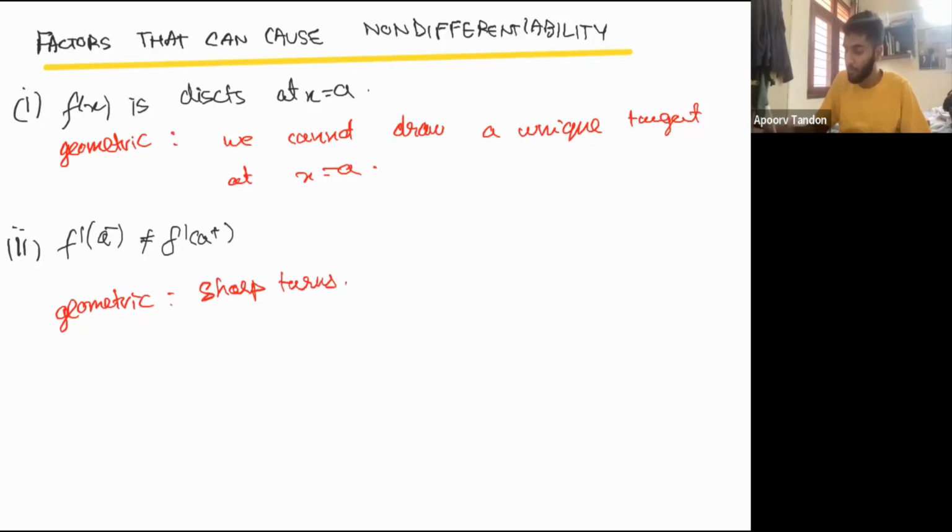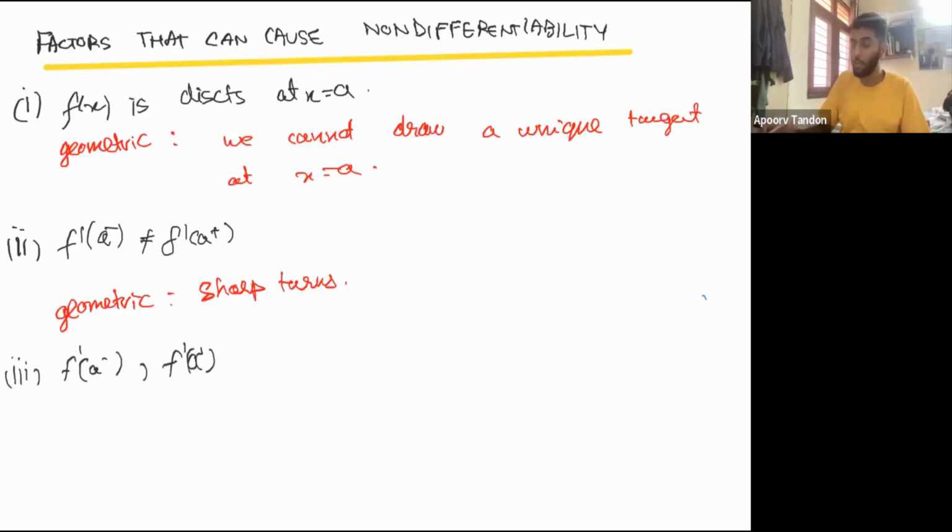अगर हम एग्जांपल देखना चाहेंगे, अगर कोई ऐसा ग्राफ दिया गया हो फिर सडनली वो ऐसे कट हो जाता है, तो इस पॉइंट पर हमें दिख रहा है कि एक शार्प टर्न हुआ है, जहाँ की लेफ्ट हैंड साइड, उस पॉइंट के लेफ्ट हैंड साइड पे टैंजेंट का स्लोप पॉजिटिव था, राइट हैंड साइड पे सडनली वो नेगेटिव हो गया। तो इस पॉइंट पर डेरिवेटिव एग्जिस्ट नहीं करता। ये काफी क्रूड एग्जांपल है, पर आइडिया है कि अगर किसी पॉइंट पर ग्राफ शार्प टर्न ले रहा है तो उस पॉइंट पे हम टैंजेंट नहीं बना पाएंगे यूनिक, तो वो डिफरेंशिएबल नहीं होगा। और जो तीसरा फीचर हम देखते हैं वो है कि both